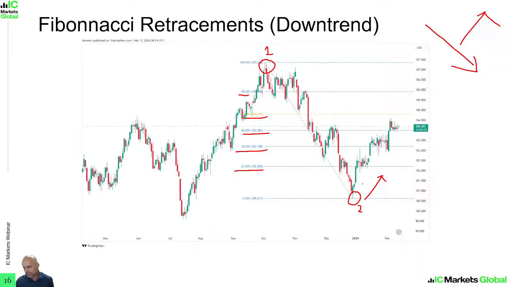But clearly, you can see that for 23.6%, price actually smashed through it quite easily, and then it actually started to use the retracement as a support. And then even 38, we can see, because there was such a strong reversal in the sentiment and momentum for the dollar index. We saw very strong bullish momentum since the beginning of this year, and once again, as price rose up towards the 38.2% Fibonacci retracement, it didn't offer resistance. It actually